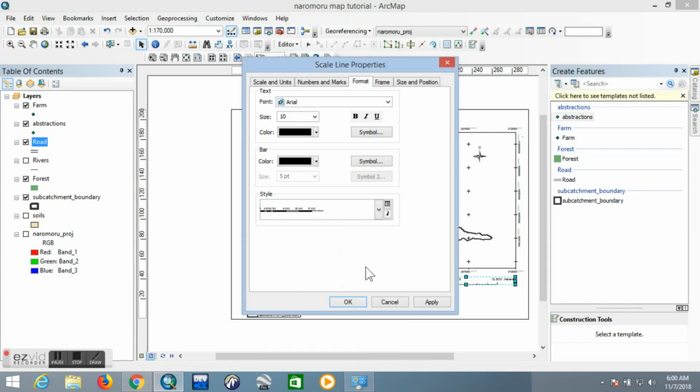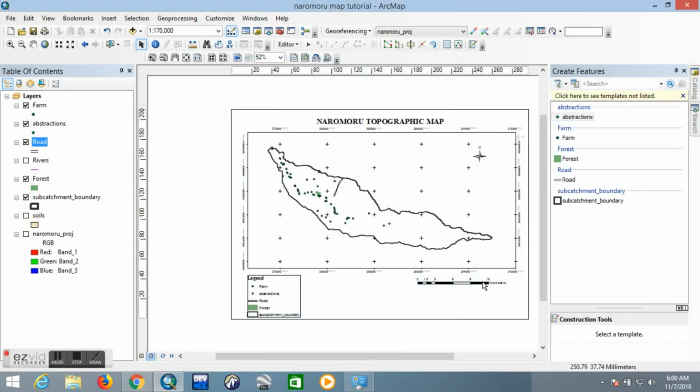I'll use something like this one instead. Yeah, much better. Then I'll move it. So if for example the map scale changes, the scale bar will remain correct. It will adjust according to the change in the